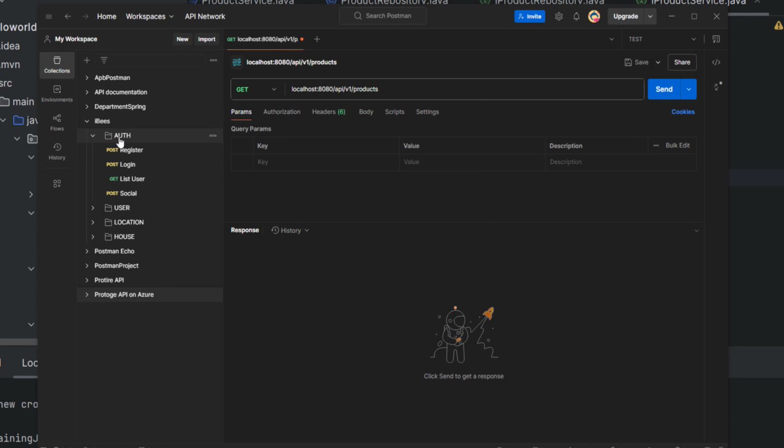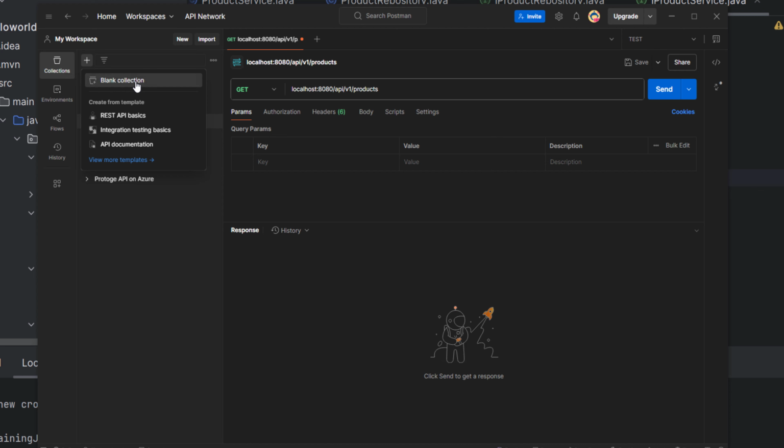Okay, in the group you can also create folders for each service, for every service or every feature, it's up to you. Just create something that makes it easier to manage. All right. So to create a group, you see here we have a button with a plus icon here. Just click on that,